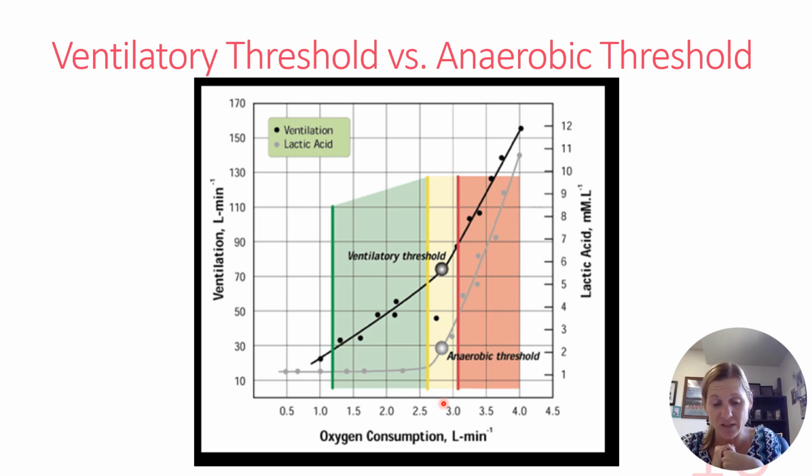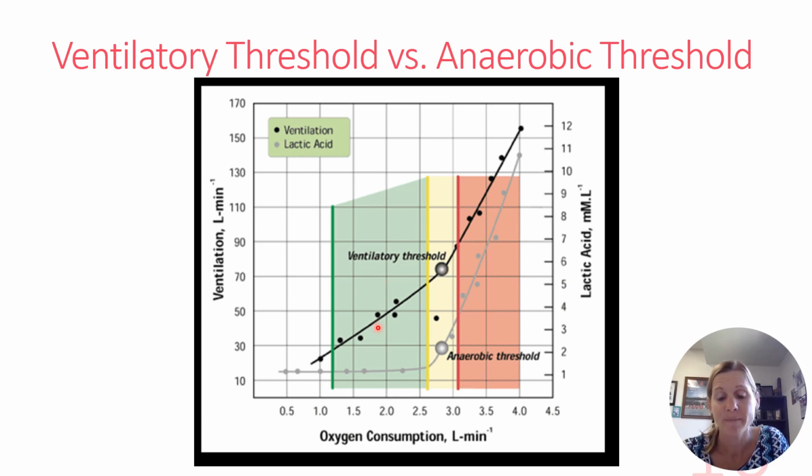Now, how we measure them is different. Lactate threshold, how do we measure this? We're going to take a finger prick. We're going to prick your finger and look to see what the lactate levels in your blood are as we move through this hard exercise bout. And we'll see those lactate levels spike once we get past that threshold point. Now notice that that is the same occurrence as the anaerobic threshold and the ventilatory threshold. Ventilatory threshold we measure through the face mask. We can measure how much ventilation we're doing as we continue through that hard exercise bout, and notice that ventilation is going to increase substantially once we get to that threshold level.